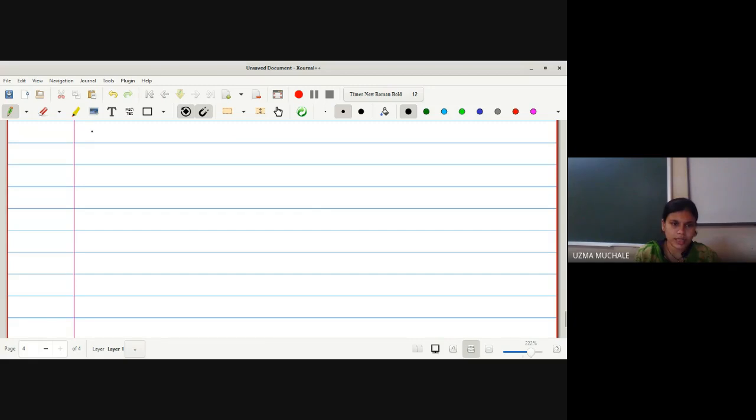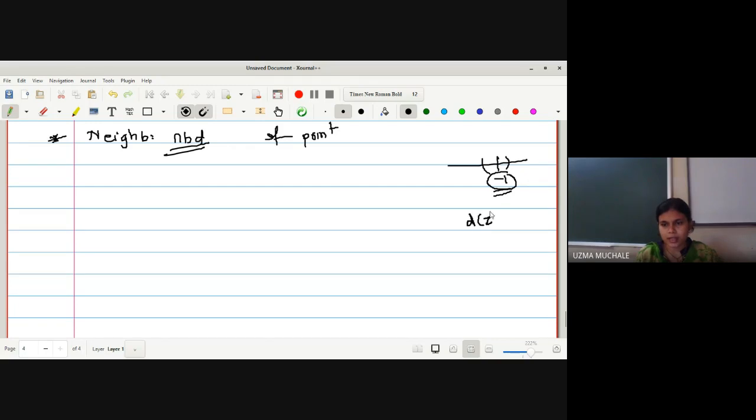Now let us go for the next definition, which we already know about: the neighborhood, or we can write it as neighborhood of a point. How to find out the neighborhood of a point? I have shown you somewhere in the initial lectures how to find it. We have plotted the integer set, point -1. So finding a neighborhood, we cannot have more than one integer point except -1. So that's why we said the derived set of integers is an empty set, right?